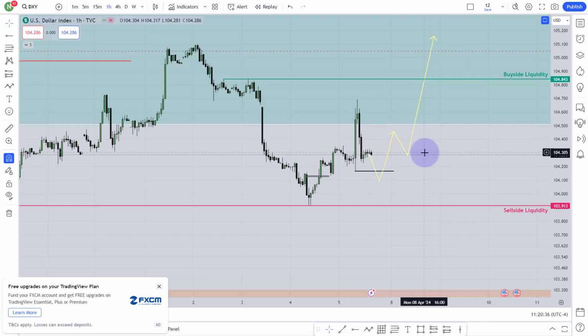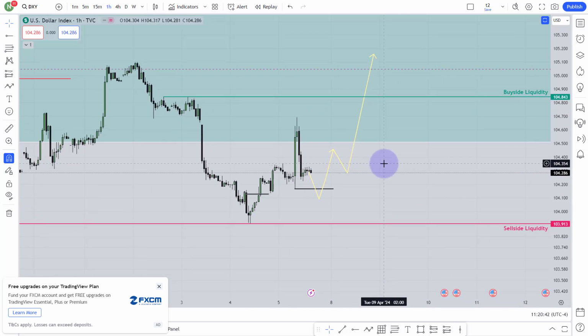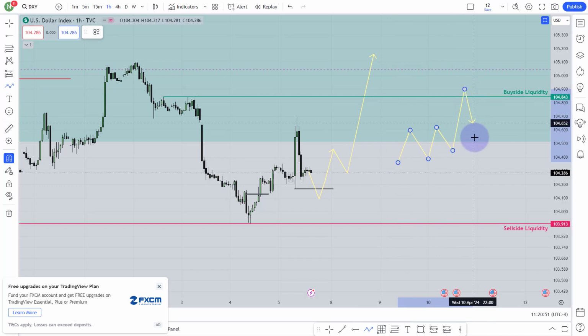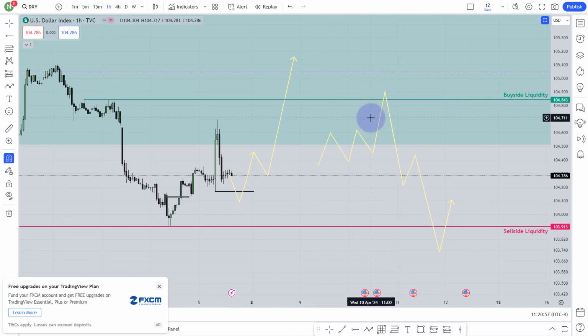If you ask me what my expectation is, I'm expecting the market will go lower. Now there is the part of the narrative as well. That means if the market would love to go lower, then it can work this way: Monday will be the accumulation day, Tuesday will be the manipulation day, then Wednesday expansion, continuation of the expansion, Friday reset. It is also possible. I will observe everything over here, okay?